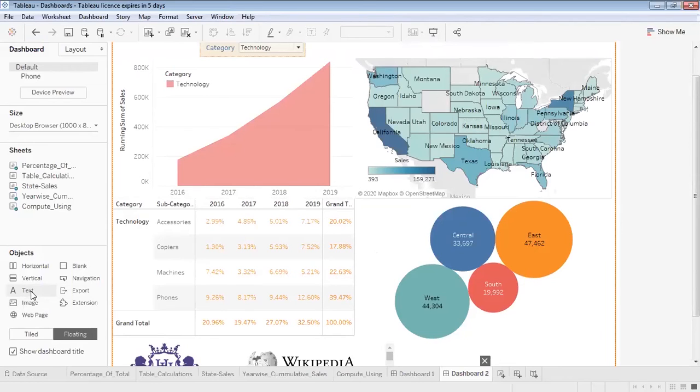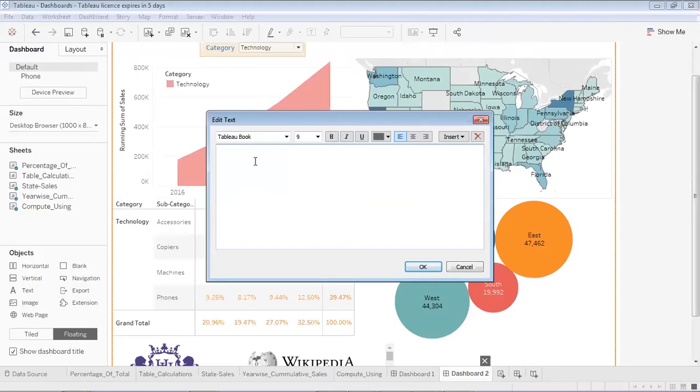I'll double click on the text. Now if I would like to add a particular text in the dashboard to explain it in a better way, I can do that as well. So I can write a small summary, or maybe a text corresponding to a particular visualization, and I can place the text over here. I would like to write a text for the bubble chart I have created over here. So these are region wise profits shown in bubbles,